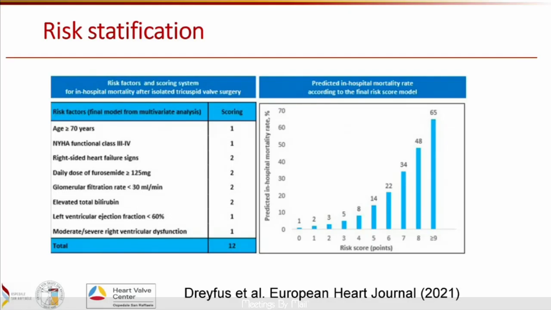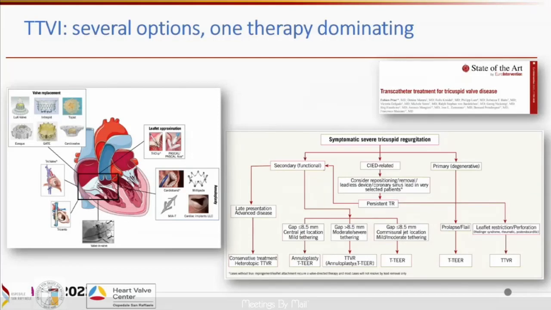And something else is, we have seen already this image about the algorithm for choosing different transcatheter devices. There are different options available. There is TEER, annuloplasty, replacement, a lot of replacement, a lot of TEERs will come, a lot of new annuloplasty, a lot of out-of-the-box devices, but